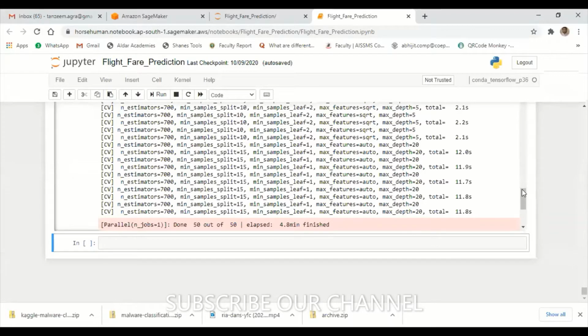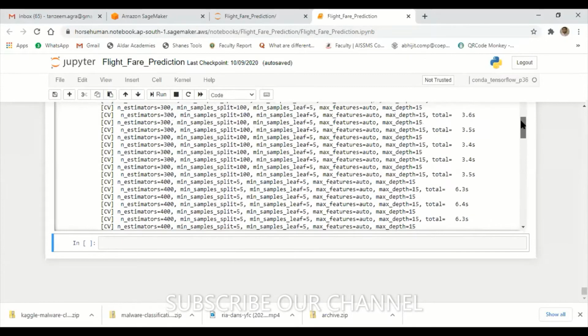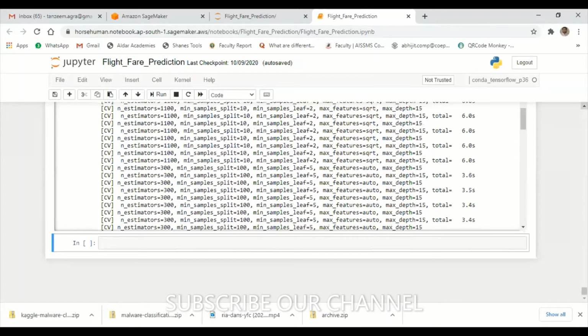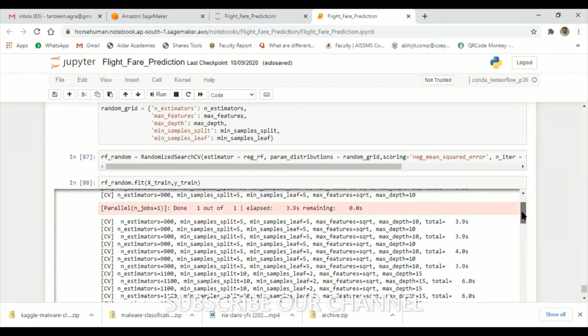This is the model we designed in the last session. I'm using the random forest algorithm here. Random forest tries to design trees, with a root node, a left node, and a right node. We can use random forest both for classification as well as for regression.